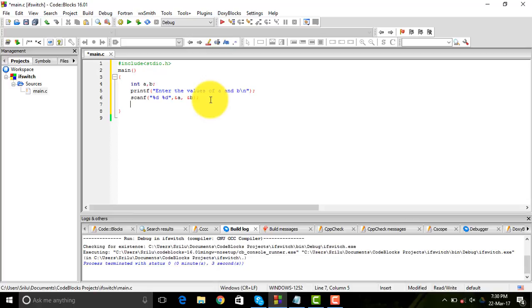So now we have taken the input. After this, I want to determine whether A is greater or B is greater. I'm going to give some random input, and then I want the computer to decide which is greater. First I'll give the syntax of the if statement. If is the keyword, then you open the brackets and define a greater than b here. Hit enter, and you open a flower bracket,